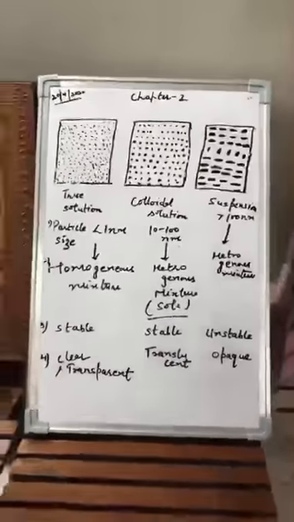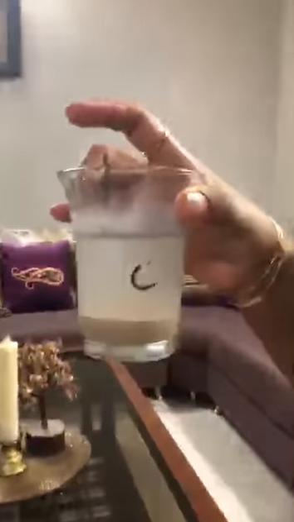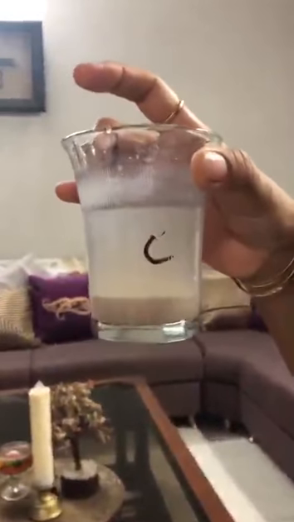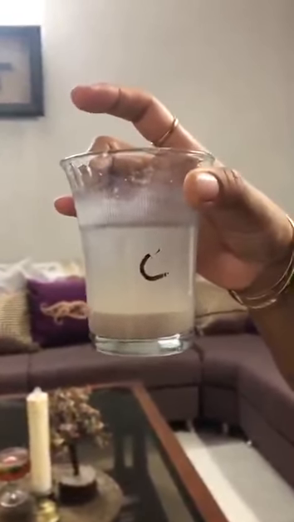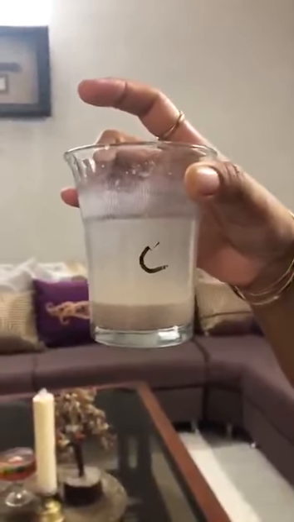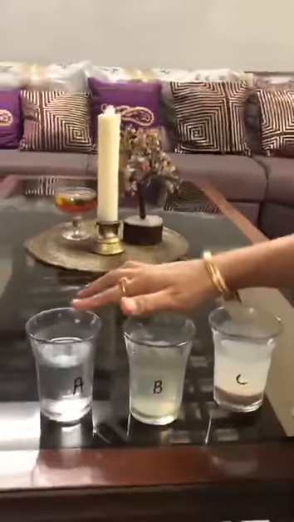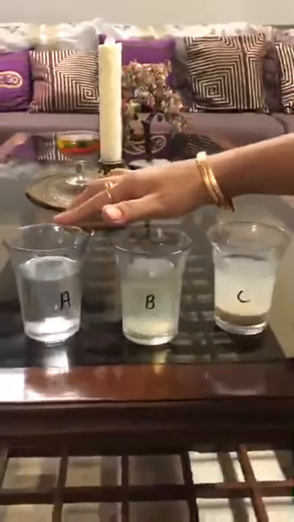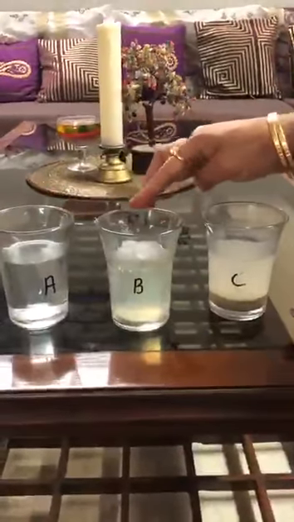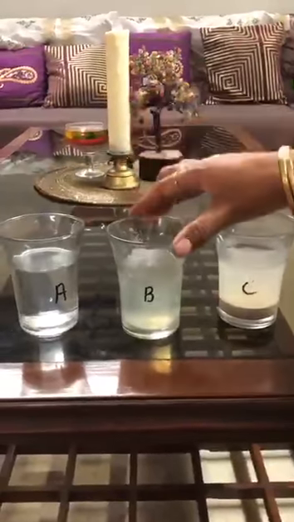Now again come to the glasses. Now you can see this C. This C solution is a suspension. I have kept it for some time. You can see the particles of the suspension have settled down, which shows it is unstable in nature. I have made this solution a true solution. This is a sugar solution. You can make it a salt solution also. The second, the colloidal solution, is a solution of egg albumin in water. Do you know what egg albumin is?